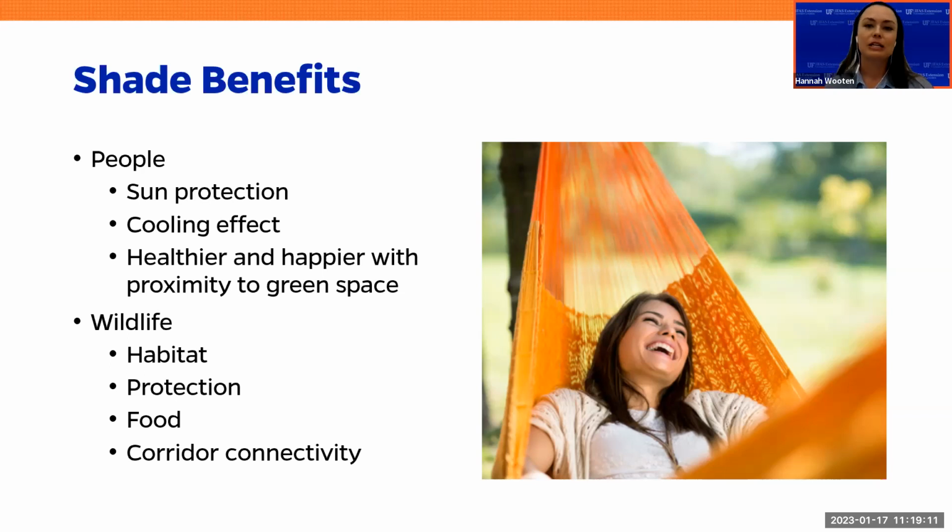People like to see the little neighborhood raccoon doing the rounds in the backyard, or the little evidence of your possum friend. So making sure that we do have some habitat in our tree canopies, little snags and holes, things for the hawks to perch up on while they're hunting. This is all providing a lot more benefits than just that cooling effect. We have added protection for wildlife in these areas, and a lot of different food, even the beetles that might be breaking down an old dead tree in an area where it's not a safety concern. This is all good for our wildlife, which deserves to have a space in and around our managed landscapes too,